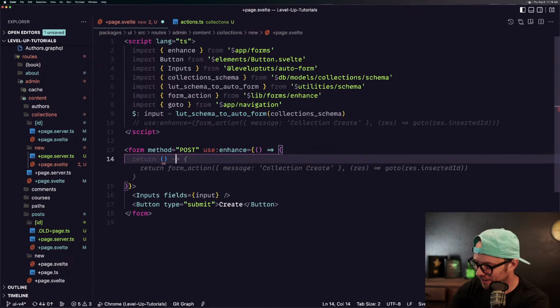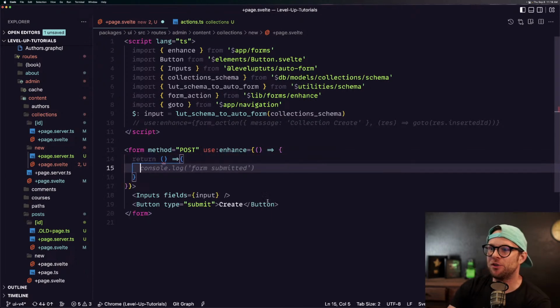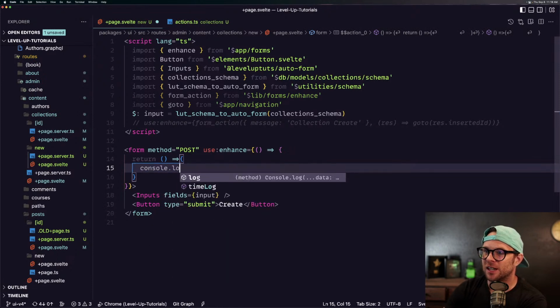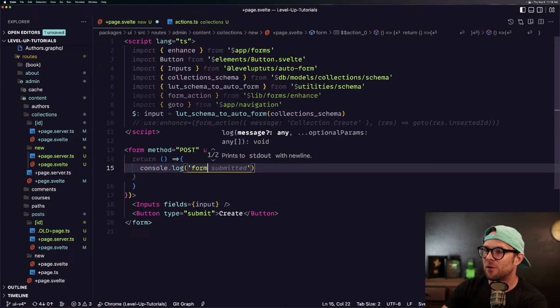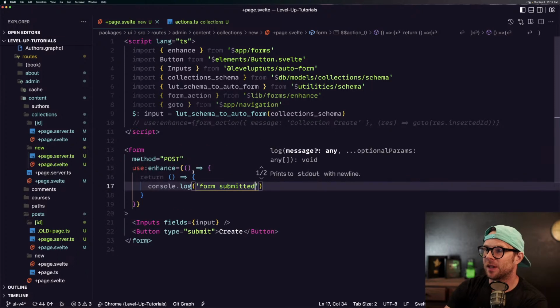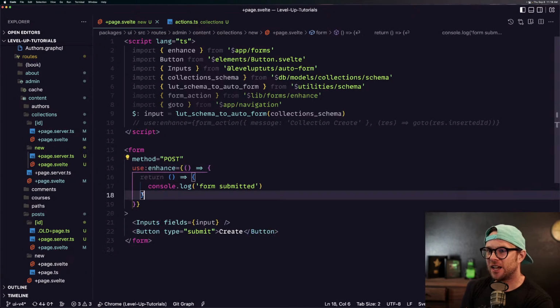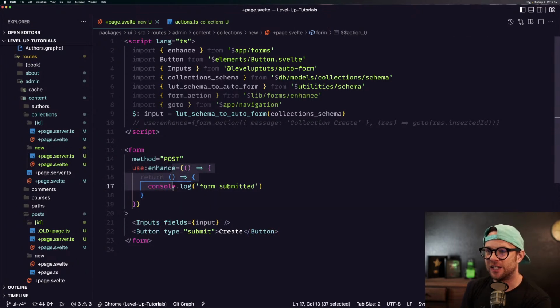Of course, right? But if you return from this function, then console.log form submitted. Okay? So this is the most bare bones example. You have a function, and then the return of that function is another function